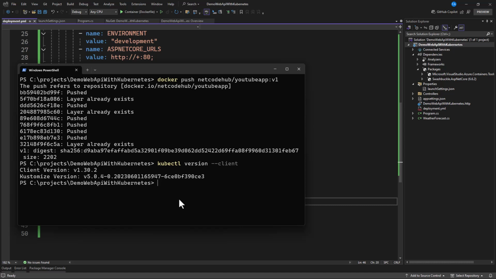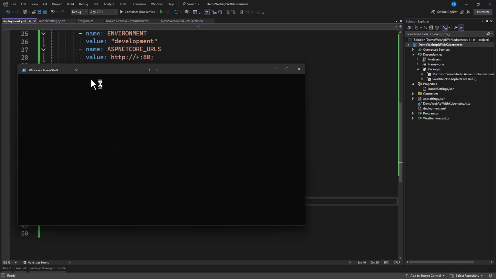In case you don't, then you can install it through this. Let's open a new PowerShell window. And in here, if you don't have this command line, let's see how we can install it. So you type in $version equal to.